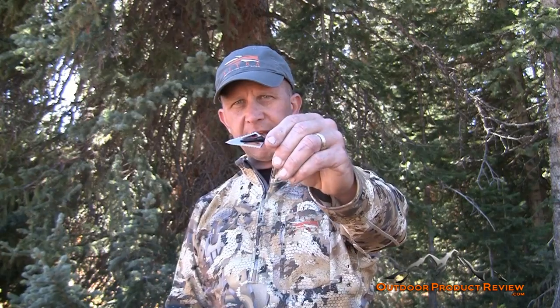Today we're up here in elk camp, about 10,000 feet in Colorado, but we're going to do a FOB review today, the fletching only better. I have this big Magnus Buzz Cut broadhead I've had for years. I actually hunted with these like 2006, and we're going to bend this with a hammer, and we're going to